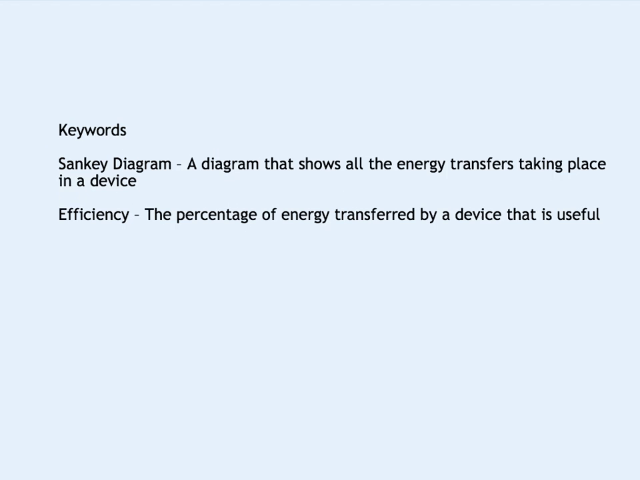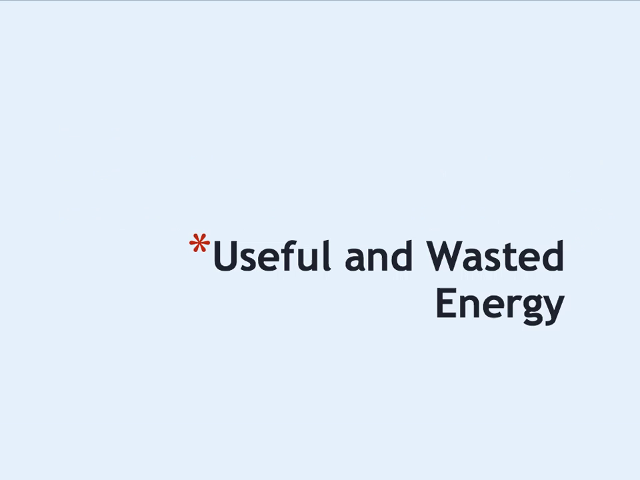Now you've had a chance to pause the slide and write a definition, let's actually look at the proper definitions of these words. Right, firstly you've got a Sankey diagram. This is a diagram that shows all the energy transfers taking place in a device, and we'll see these shortly. And efficiency is the percentage of energy transferred by a device that is useful. Okay, it's this idea of usefulness that we'll be exploring a bit later on. Obviously we need to be able to define useful and wasted energy before we're able to draw Sankey diagrams or